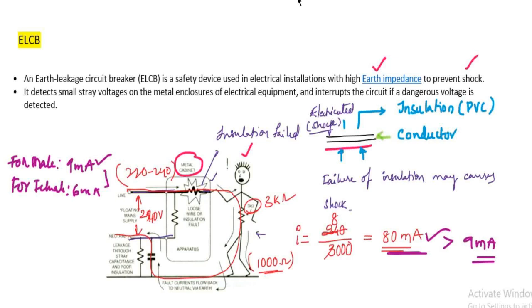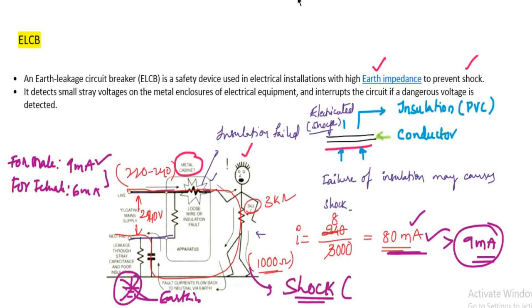Okay, so because of insulation failure, and there is no earthing available here. I am talking about the purpose of earthing actually. This is the symbol for earthing. There is no earthing available here, and the human touched the metal box which is in contact with the live wire, and he got electrocuted because the current through the human body is more than the maximum current that can be withstood by the human. So he will get a shock. It may be fatal sometimes. It may cause death, right?